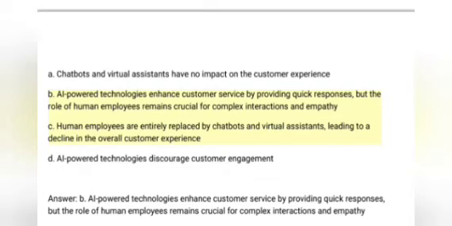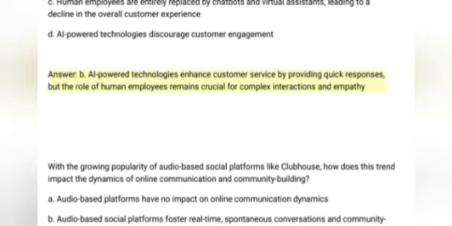C. Human employees are entirely replaced by chatbots and virtual assistants, leading to a decline in the overall customer experience. D. AI-powered technologies discourage customer engagement. Answer: B. AI-powered technologies enhance customer service by providing quick responses, but the role of human employees remains crucial for